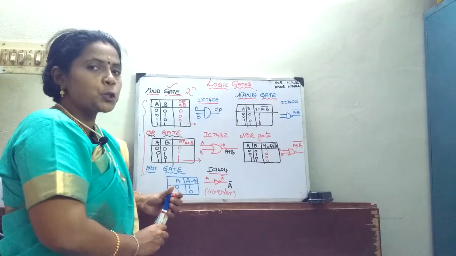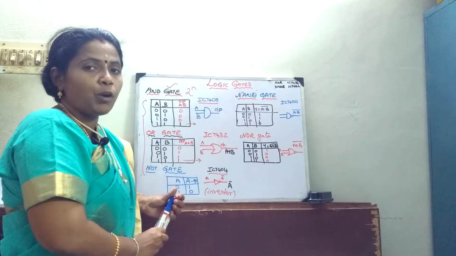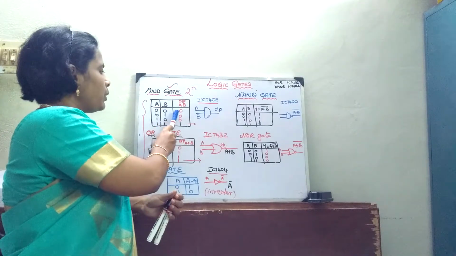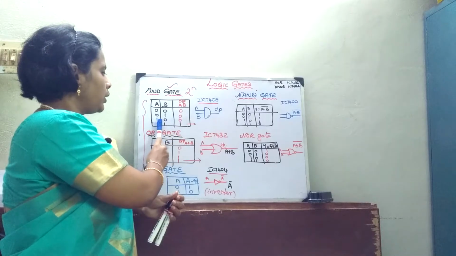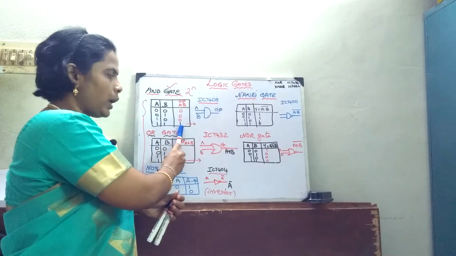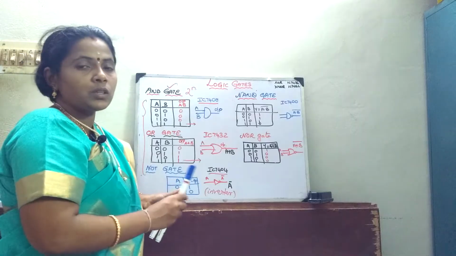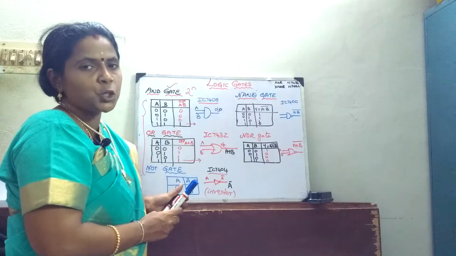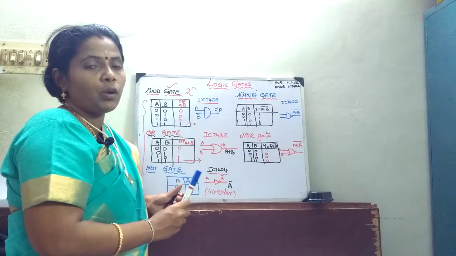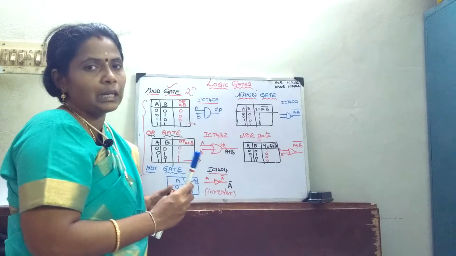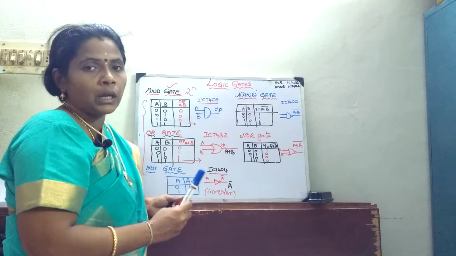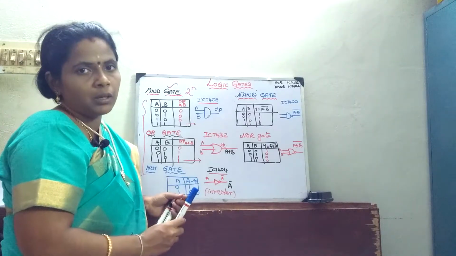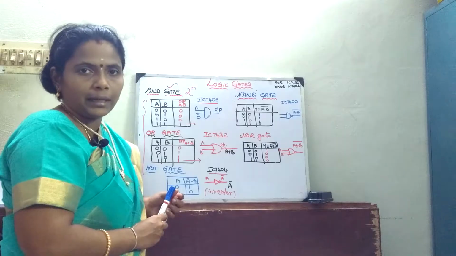Now let us see the function of the AND gate. The AND gate performs the function of multiplication. Now 0 into 0 means 0, 0 into 1 is 0, 1 into 0 is 0, and 1 into 1 gives the output as 1. This can also be easily understood. Close both of your eyes for the 0, 0 condition, you cannot view anything. When you close one eye, 0 and 1, you will not have a full clear vision. The same thing applies to 1, 0. But for 1, 1, when you open both your eyes, you will have a clear vision. So that can be an example for an AND gate.